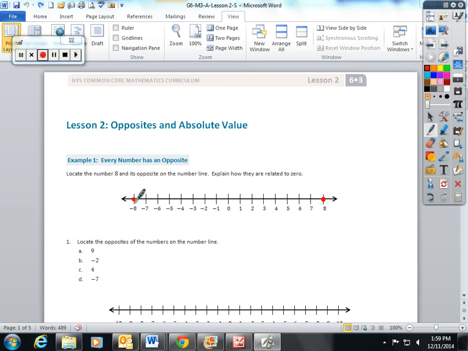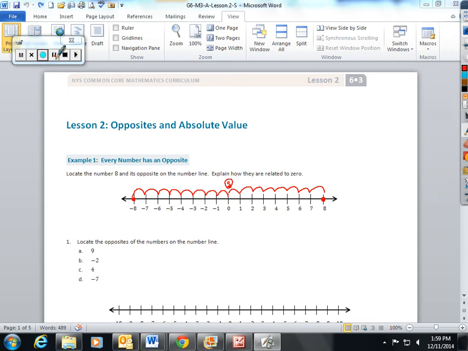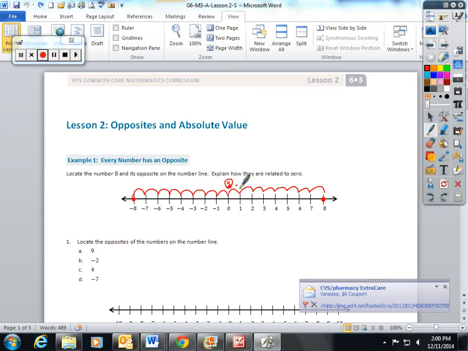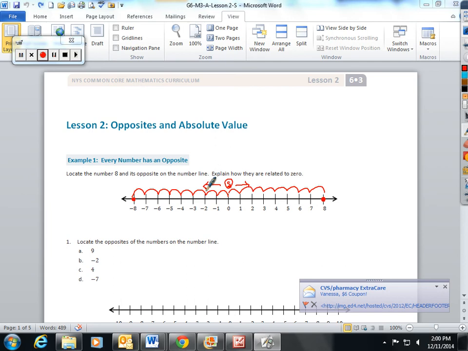And there's a reason. 8 is 1, 2, 3, 4, 5, 6, 7, 8 spaces away from 0 if this was our starting point. Okay, and negative 8 is 1, 2, 3, 4, 5, 6, 7, 8 spaces away from 0 on the number line. So now I know they're opposites of each other because they're both 8 spaces away in totally different directions. One is 8 spaces to the right on the positive side,